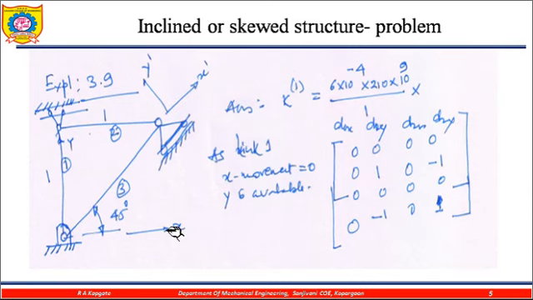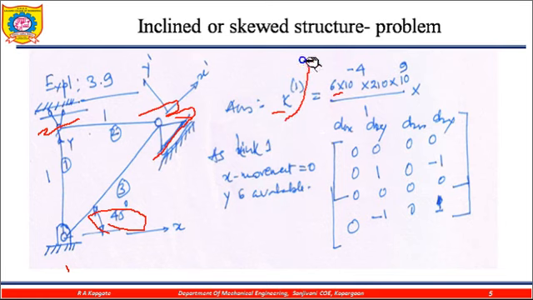Let us take this problem. In this problem, an angle of 45 degrees is given at this support, and the values of A, E and L are given. Let this be node 1, this node 2, and this node 3. First of all, we are interested in finding the element stiffness matrix for element 1, which is AE upon L multiplied by the matrix with d2 d2.